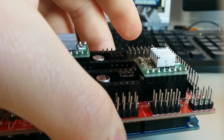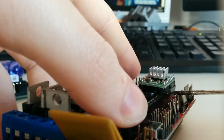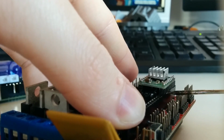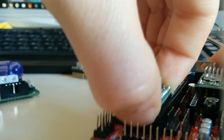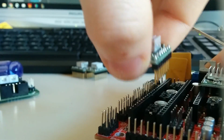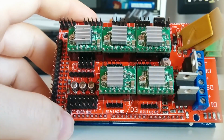If you want to remove a stepper driver, I recommend you to use a flathead and just twist it in to the slot on the other side as well, and then you can pull it out quite easily without bending these pins. So I've connected all these stepper drivers over there, and now you have to connect your